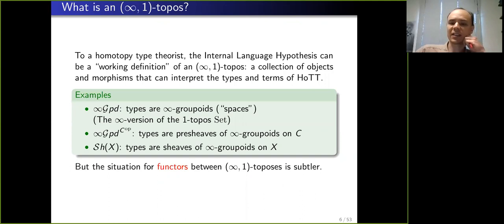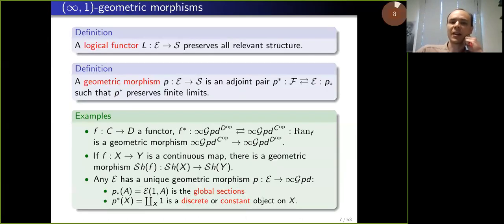and the intuition of a higher topos just being a model of type theory doesn't really get us quite to the right notion of functor that we want, because there are actually two different, this is already familiar from ordinary one topos theory, there are two different notions of morphism between topos. On one hand, there's a logical functor which preserves all the relevant structure, and this is what you would write down if you're just thinking about a topos as a model of type theory, that it has all this categorical structure that corresponds to the type theoretic structure,